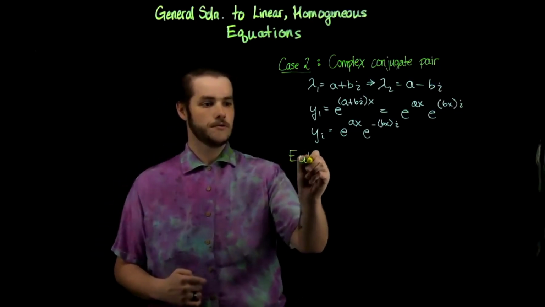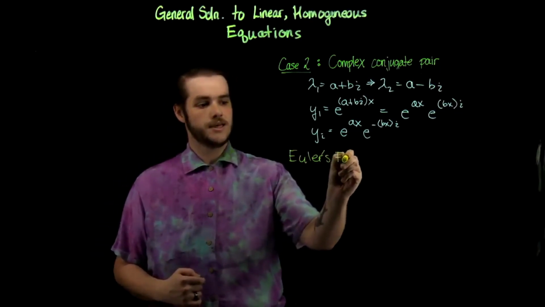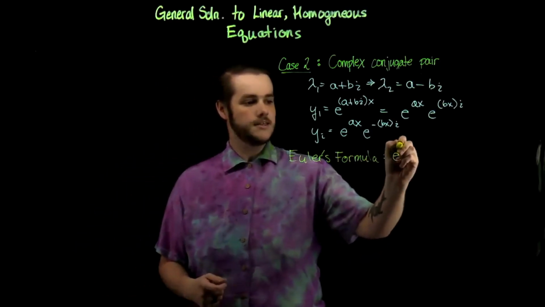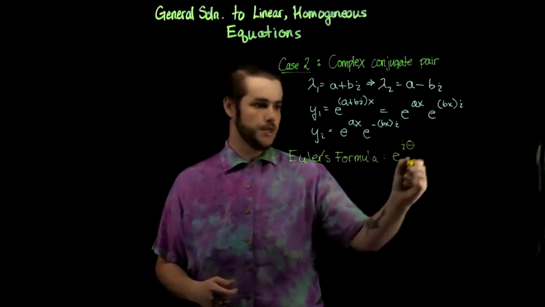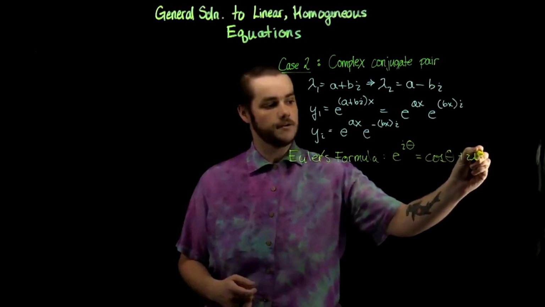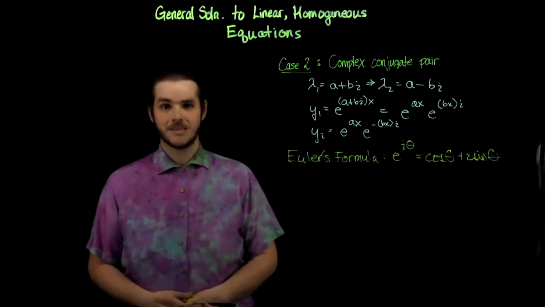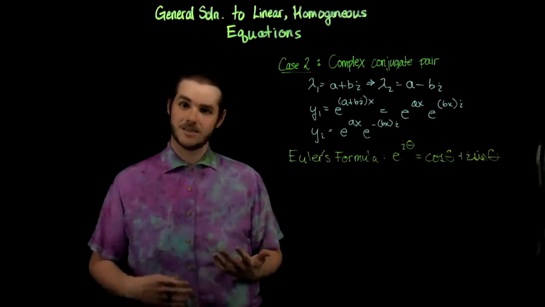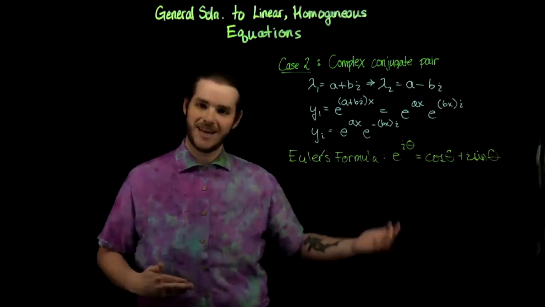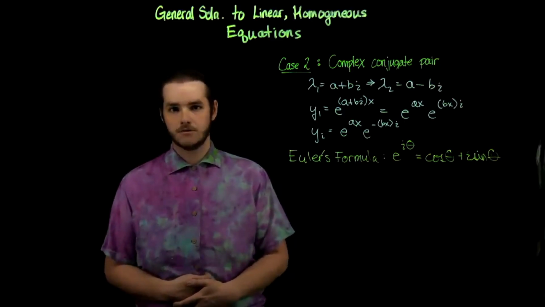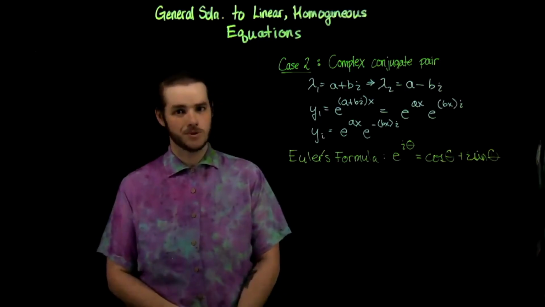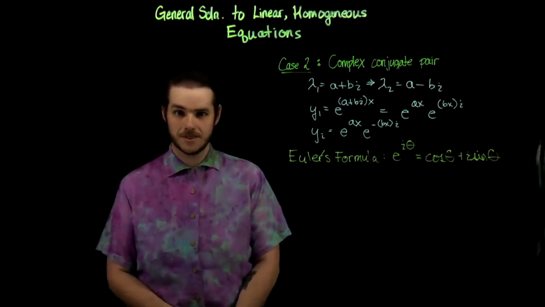Euler's formula is a beautiful result that shows e to the i theta, whatever theta happens to be, is equal to cosine theta plus i sine of theta. And this is really fascinating because it allows us to reduce our exponentials into trig functions. And while this maybe isn't theoretically necessary to write down the solution from here, I think you'll agree by the end this is worthwhile because we can use this trick to really simplify our fundamental set of solutions